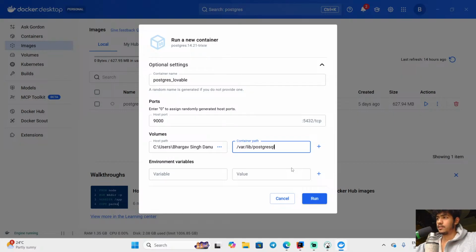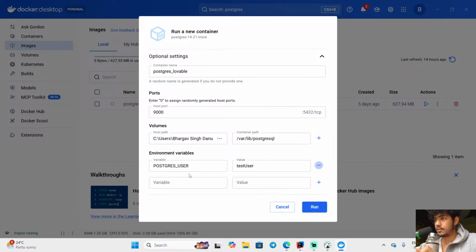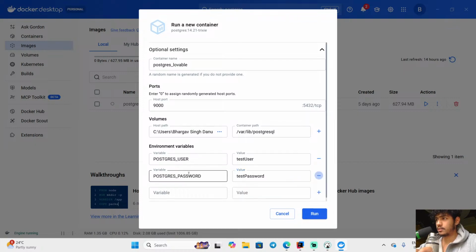Yeah. So here we are with my /var/lib/postgresql, right? Inside this, I have my variable names. So I have to set up my variable names, right? So inside this, I have to write my Postgres user. Let's just name this user as test user, right? Let's just use this Postgres password, right? Let's just name this password as test password, right? So this is basically the test password, Postgres password, Postgres user, and along with that, I have to tell my Postgres